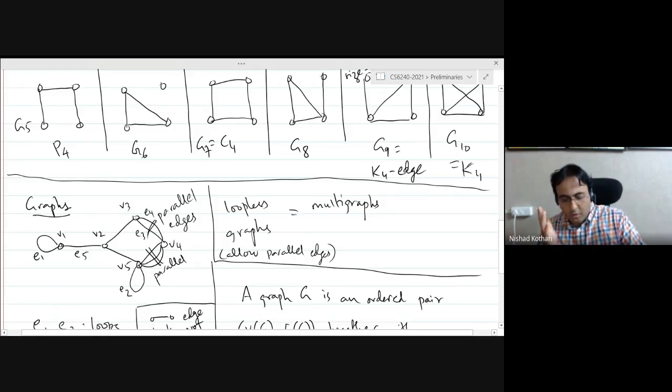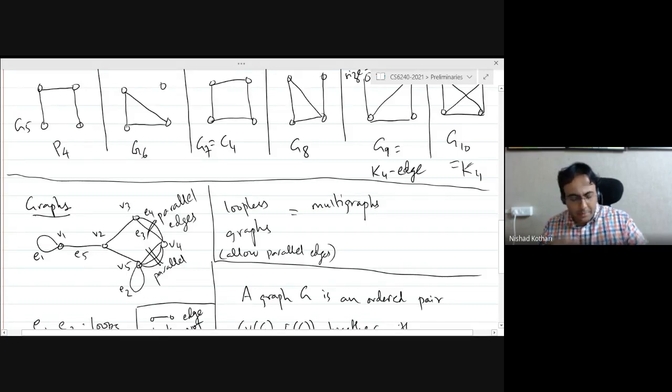So a lot of times what dictates the right definition is the application you have in mind, right? The application could also be very theoretical. And another thing is that sometimes in order to prove statements about simple graphs, you actually need to resort to multigraphs. This is actually a very interesting phenomenon. I think we will see one example of this at least. So when we come to connectivity, we will be talking about 3 connected graphs. And in that you will see why we sometimes, in order to prove statements about simple graphs, we may need to deal with multigraphs.